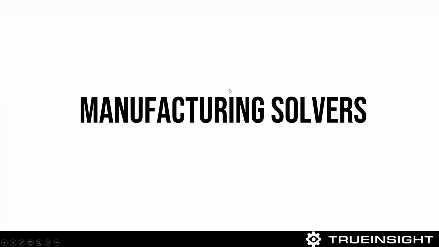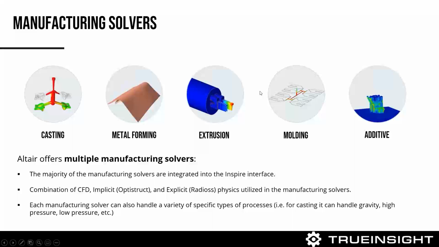This allows you to leverage different solvers, which is what Altair wants you all to do, whether you're trying to solve an implicit structural study or looking at an impact or explicit study. You can leverage those tools very easily within the suite. So we'll first start on manufacturing solvers. I'm not going to spend a ton of time, but I do think it's useful to take a look at them. When I say manufacturing solvers, what am I talking about? Well, if you have any manufacturing process within your company, we have tools that simulate these exact processes. Looking at casting simulation, that could be gravity casting or high pressure, low pressure casting, metal forming, looking at sheet metal forming, hyperforming,